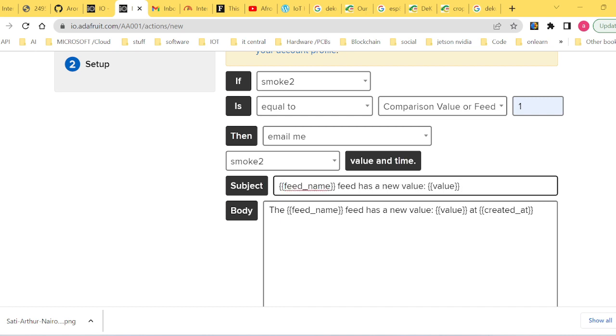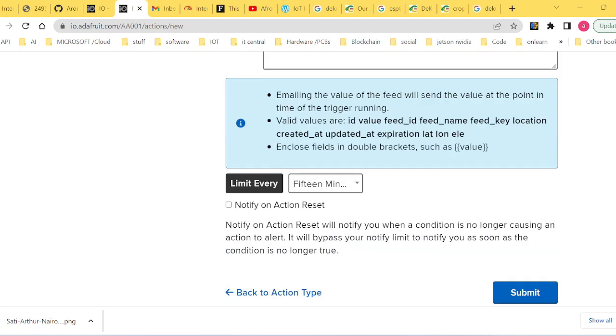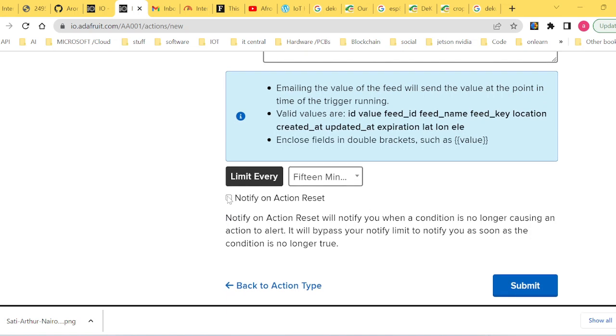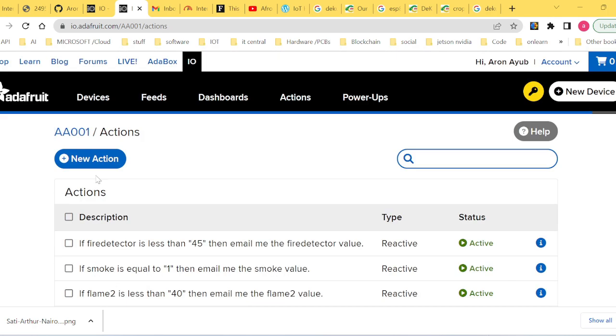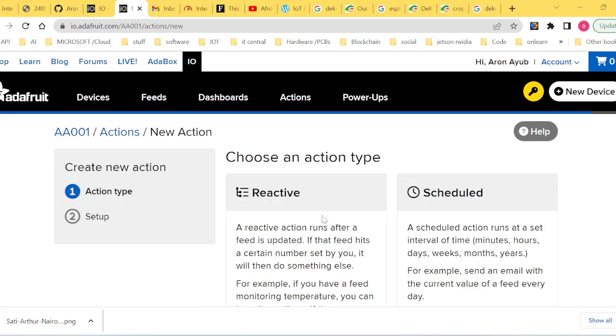This is the value. Be aware, maybe. And then you can edit the body. After that, of course, you need to get the notification. You can limit the time in either minutes, hours, or days, and then submit. As simple as that. If you want to create a new feed, then just click new feed, and then of course